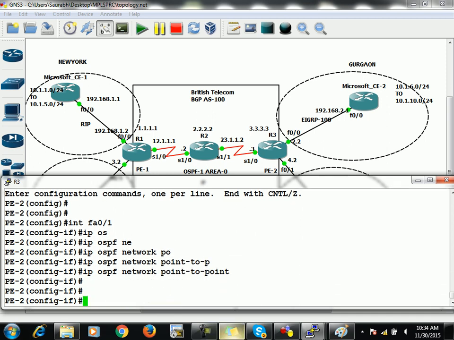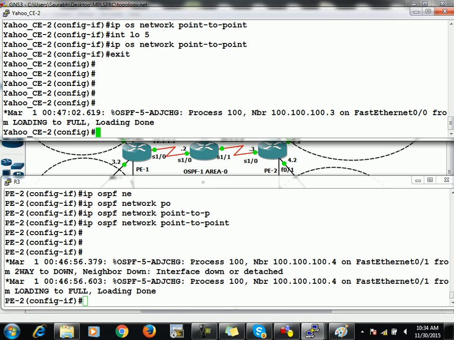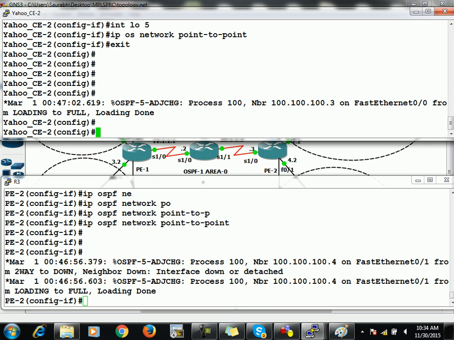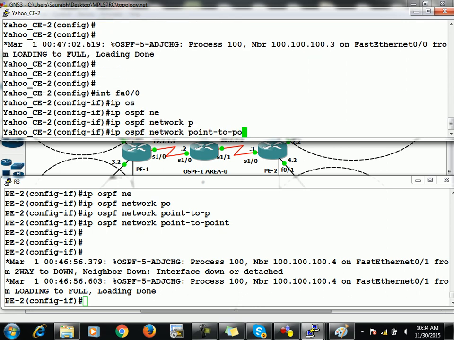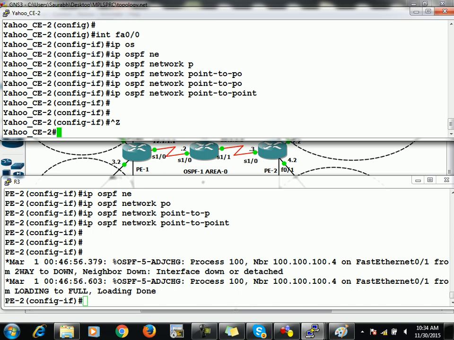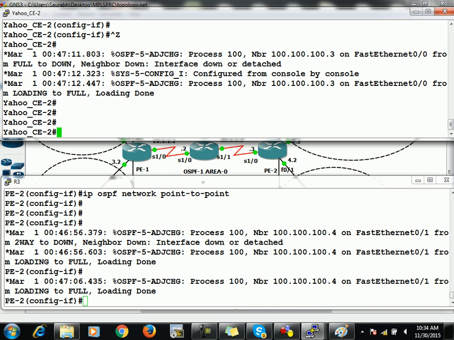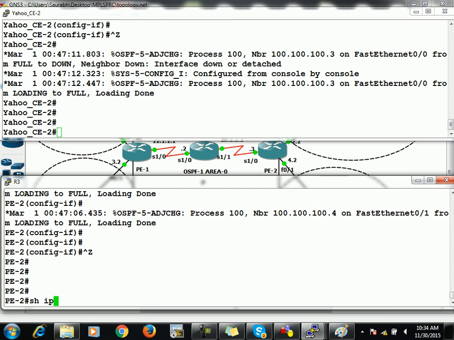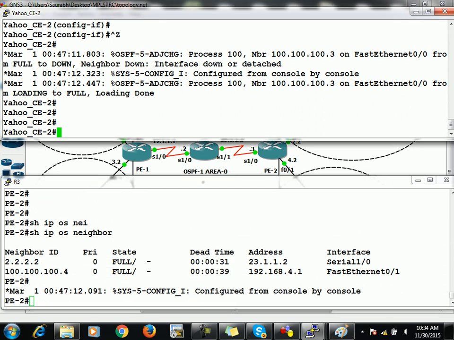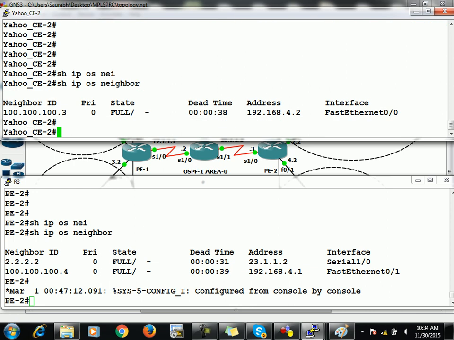Point-to-point. Similarly, I'll move on to C2, and on C2, yes, this is C2, interface F0/0, IP OSPF network type is what? Point-to-point. Now it will form neighborship immediately, right? So that's fine. This is P2, so show IP OSPF neighbor, and this is C, must have neighbors now without DR